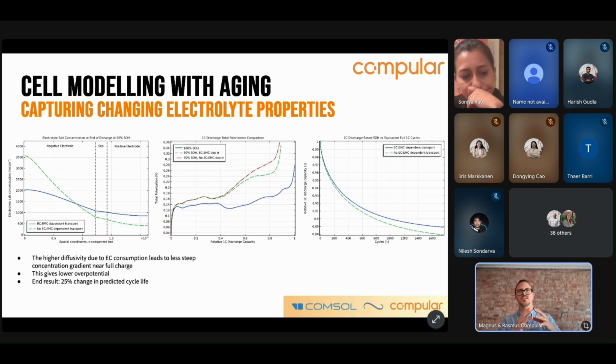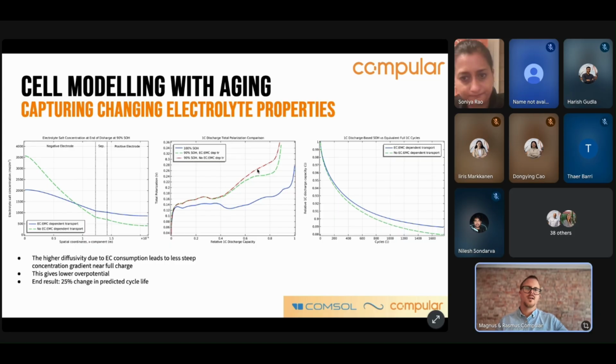One way that we can see that is if we look at the end of the discharge cycle, we see that the polarization or the overpotential is way less when we take these changing electrolyte properties into account. The blue one here is the reference where we have 100% state of health, and the green is at 90% state of health when we take the changing electrolyte properties into account, whereas the red one is when we